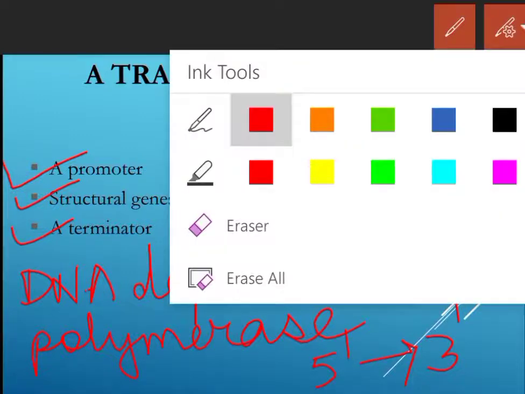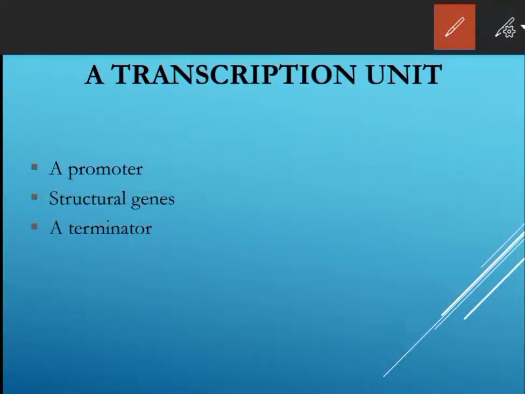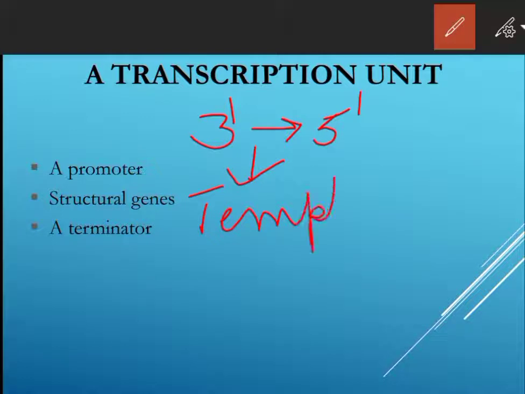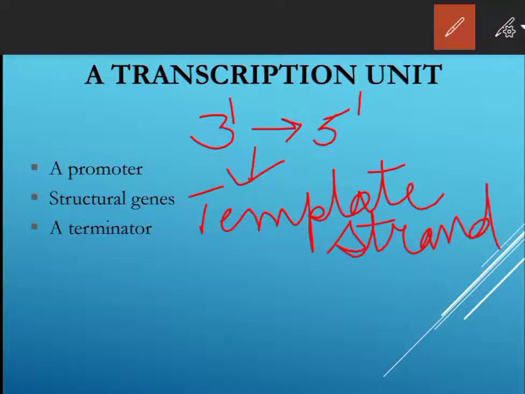Children, I hope this is clear. The strand which has 3' to 5' polarity is called the template strand, and this strand will get transcribed into RNA.